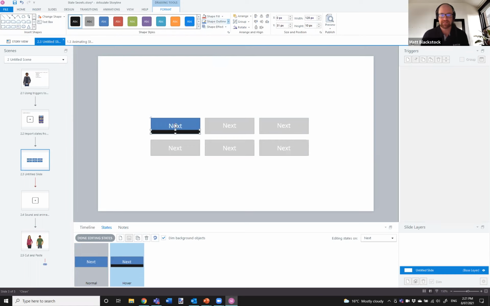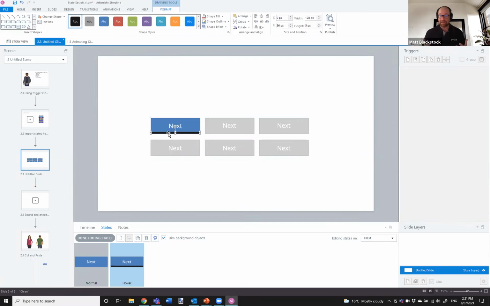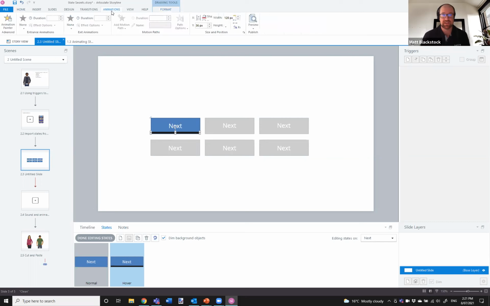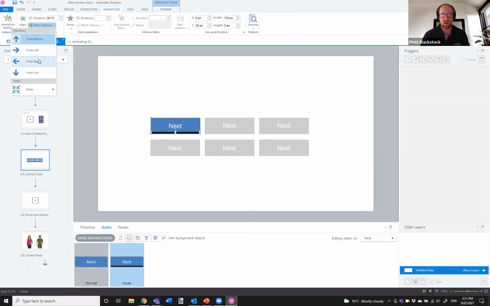And the nice thing about this is you can play with this as much as you want, so you've got a lot of opportunity with it. And let's just pop that to the bottom. All right. And then if I select that shape, just making sure the black shape's selected, I can just add an entrance and exit animation as I would normally. So I am in the hover state itself. Let's have it wipe across from the right.